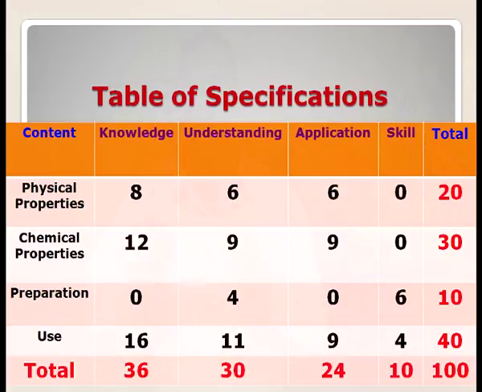So this is one style of preparing the table of specification or blueprint of a test. Whenever you prepare an achievement test or a unit test, try to prepare a table like this, where the content matter is in the rows, and the learning objectives, or expected learning outcomes, or the domain to be assessed, are along the columns. This is one way of preparing the blueprint of an achievement test.